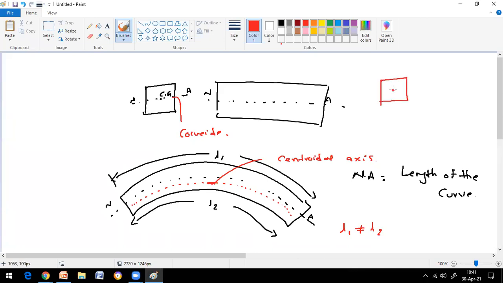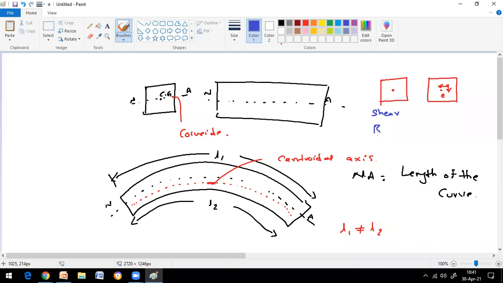Now look, this is the center of the section. Let me give a small example. For the same section, this is your center. If the load is not acting at the center, but is acting away from the centroidal axis with some eccentric distance, what happens? When the load is acting at the center, this member will shear.